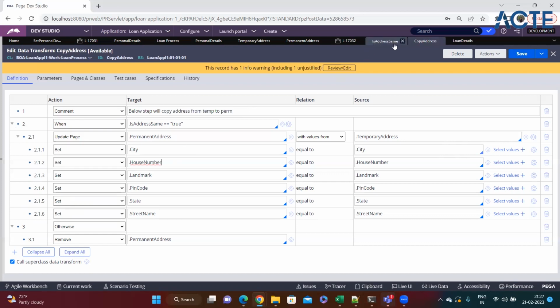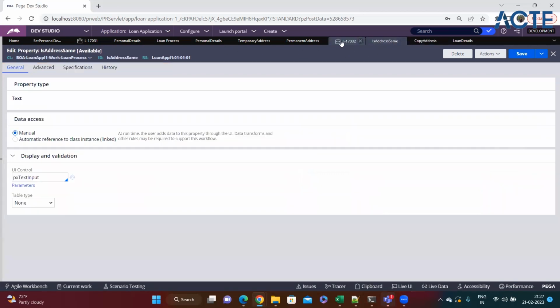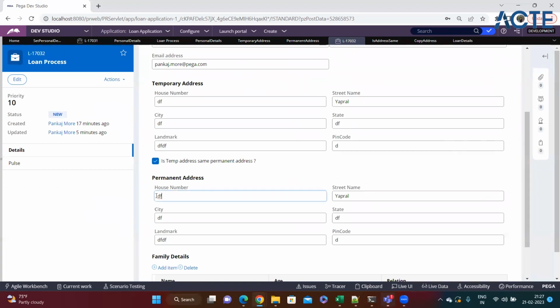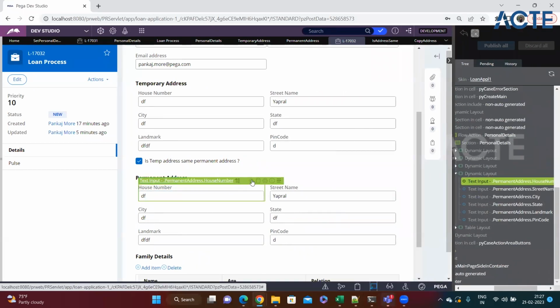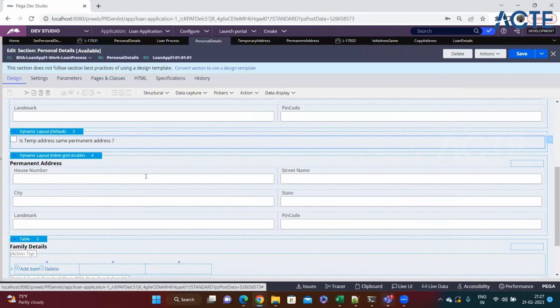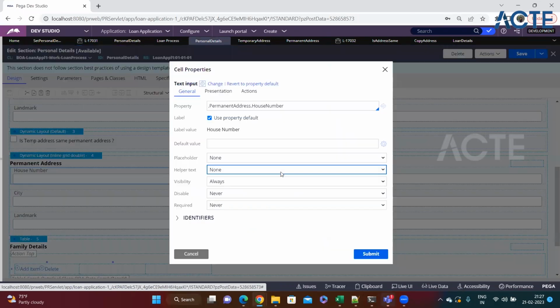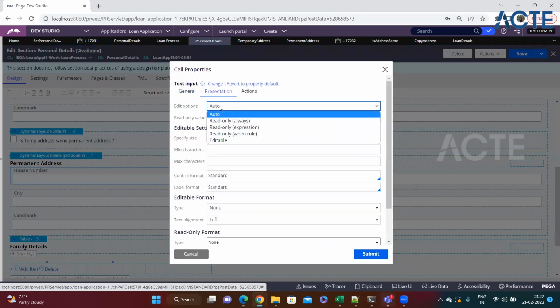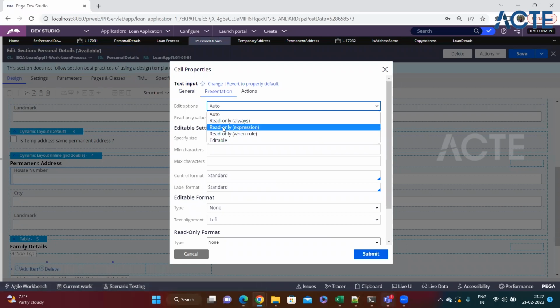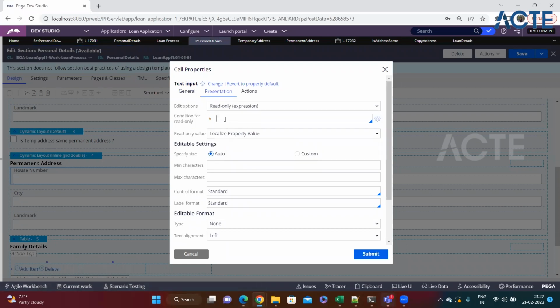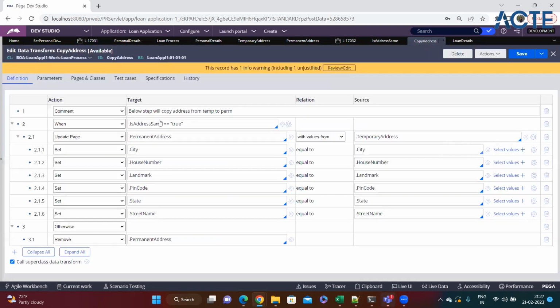Okay, you mean to say that, let's say I have checked that, then this should be editable and this should be read only. The data transform does not have to do anything for that. We have to do it in the section rule itself. In the section rule, we can go here, and in the presentation tab, we can set the read only condition. When it should be read only, we can place the same condition here. So if this address is same,